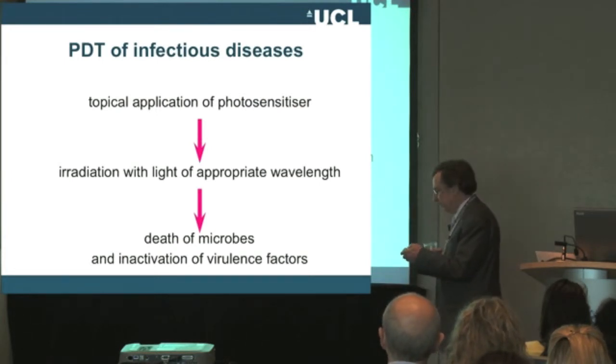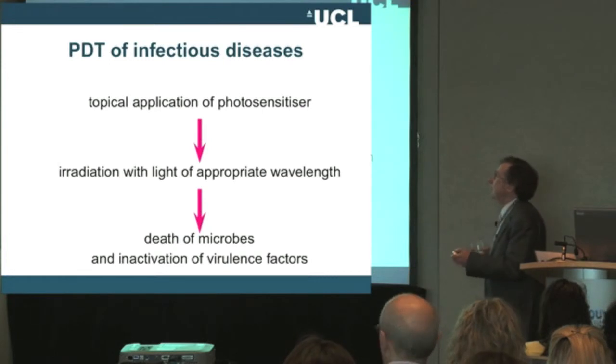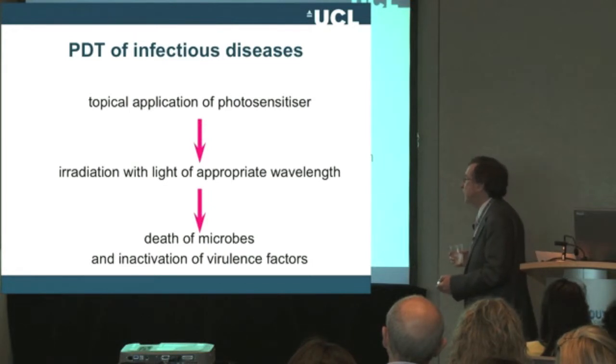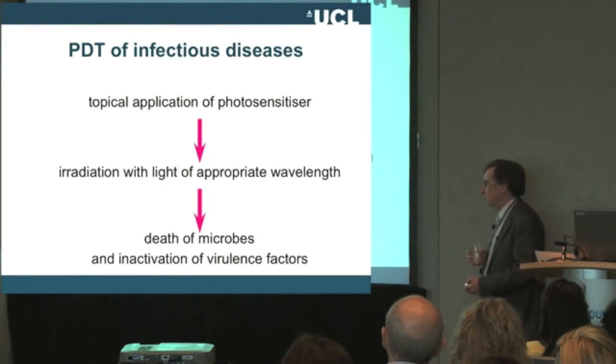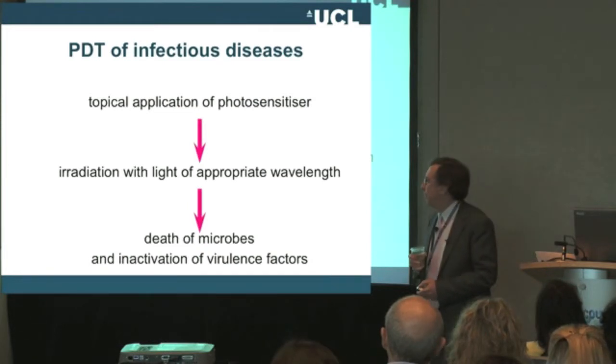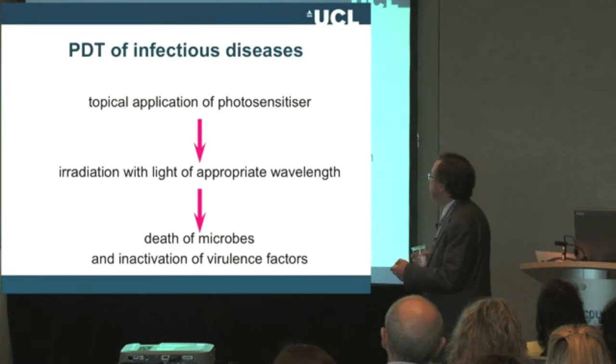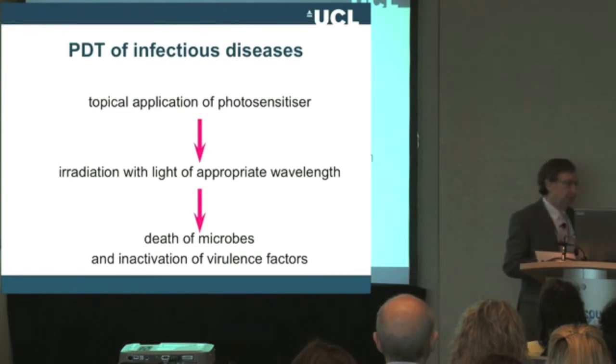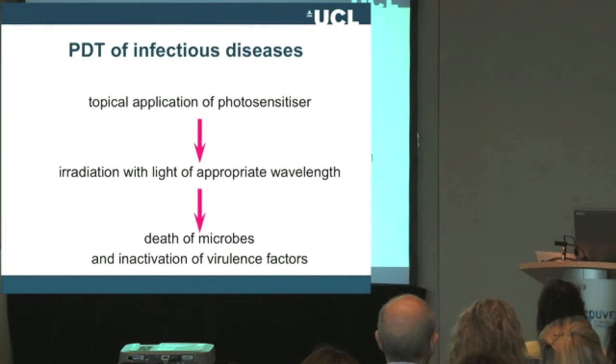So how would you use PDT to treat an infectious disease? Well, you would apply the photosensitizer, irradiate with light of appropriate wavelength, and this induces death of microbes and also, something I'll be dwelling on at length later, inactivates virulence factors of bacteria. Notice this phrase here: topical application of the photosensitizer. I think that PDT of infectious diseases is going to be by and large restricted to topical infections